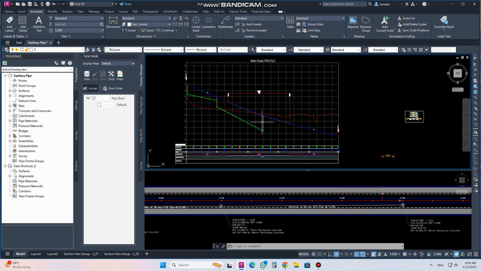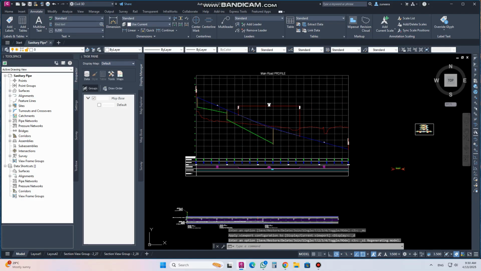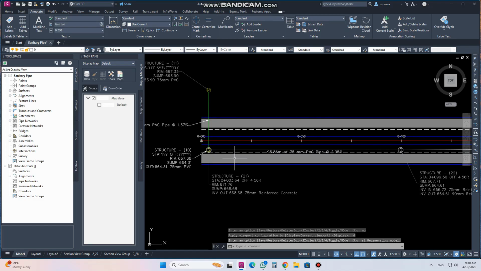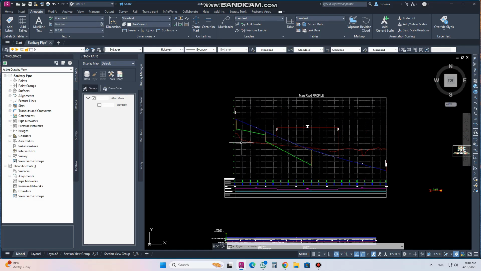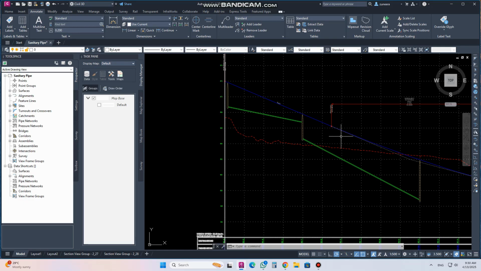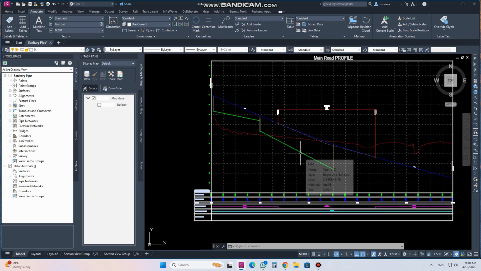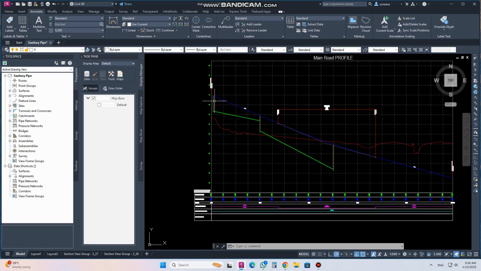So now, after adding this new manhole, what should we do? We need a label here in the plan. Already we put labels here. So if you want to put the label in the profile, what should you do? To put the label in the profile, we must